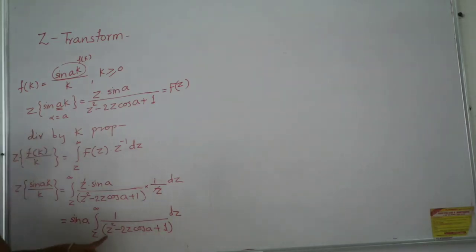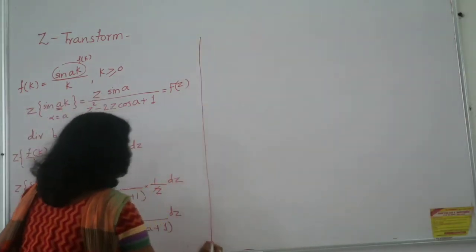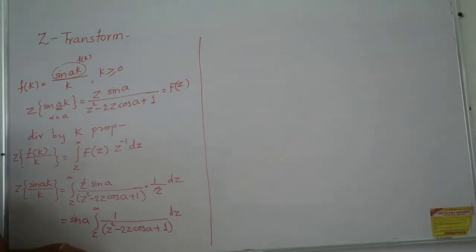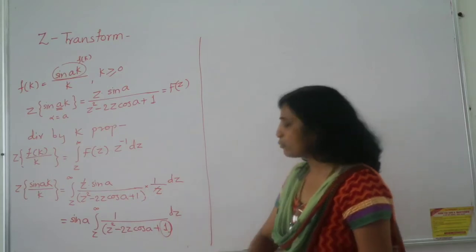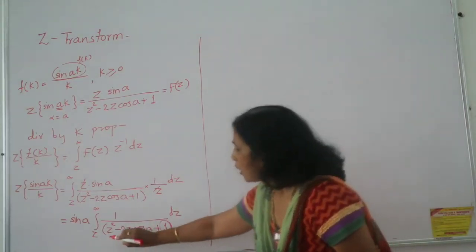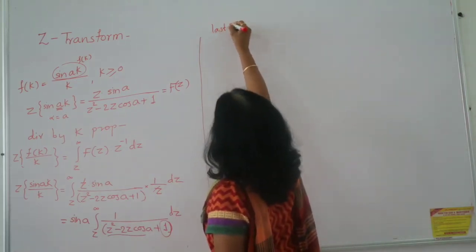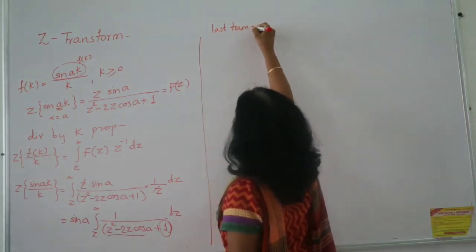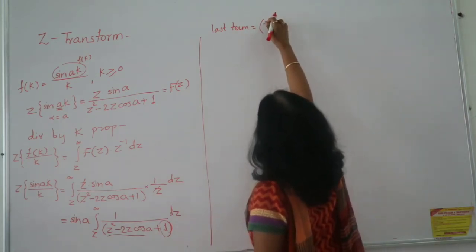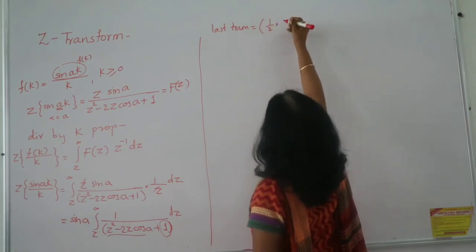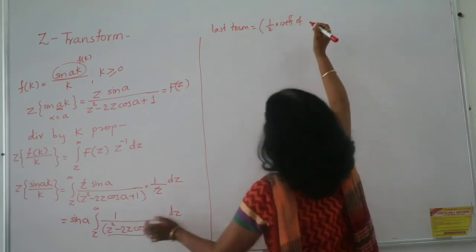So what is to be done? For this denominator, it is a quadratic equation, and such types of integrations we simplify by the completing square method. So for completing the square, who is not allowing you to complete the square here? This one, this is a problem for you. So I have to keep both of them together, and when you are completing the square, I have to calculate the last term always. You have studied it in school. Minus 1 upon 2 multiplied by, or minus you may keep as it is also, no problem, minus not necessary to take. Here, the coefficient of Z, which is our variable.